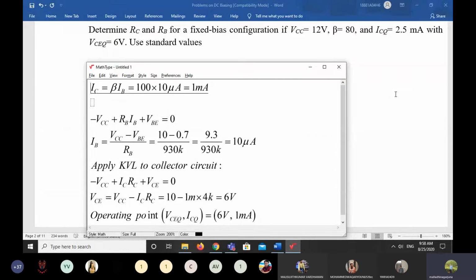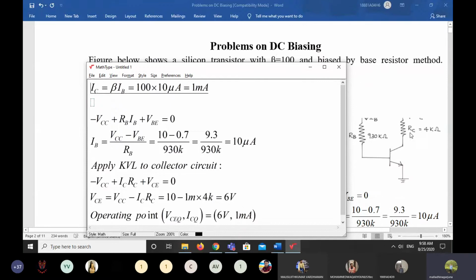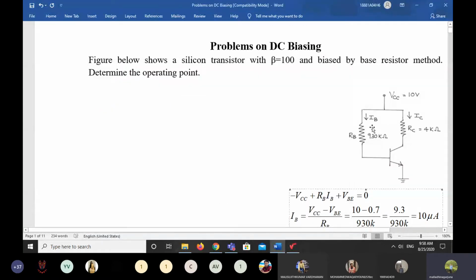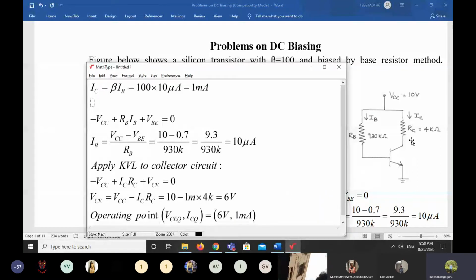Now see, the solution is the same fixed bias circuit. Here we don't have the values of RB and RC. We only have the IC value, the VCE value and the supply value. So we need to calculate RB and RC. For that, we have